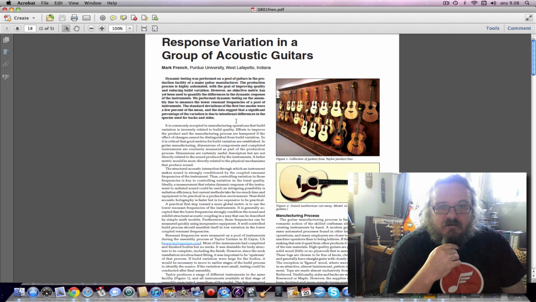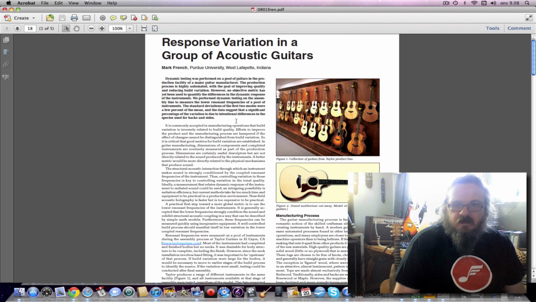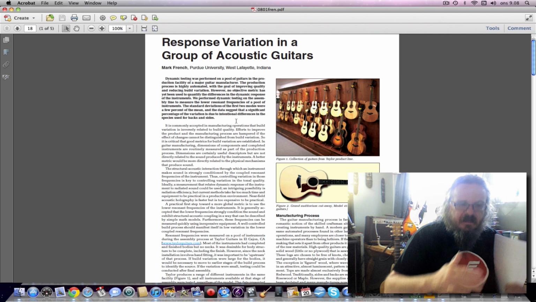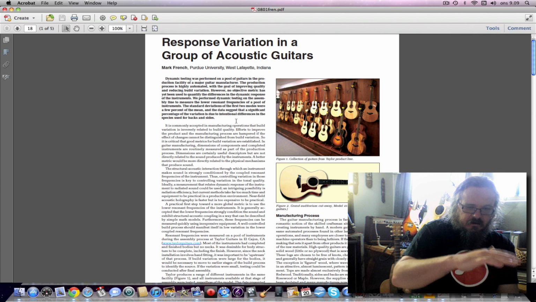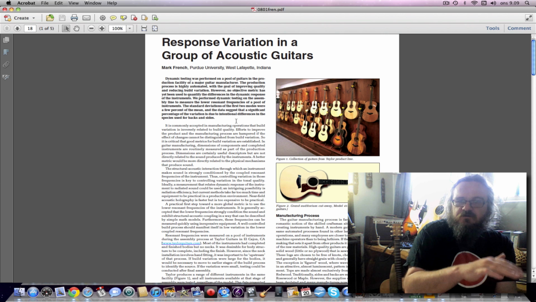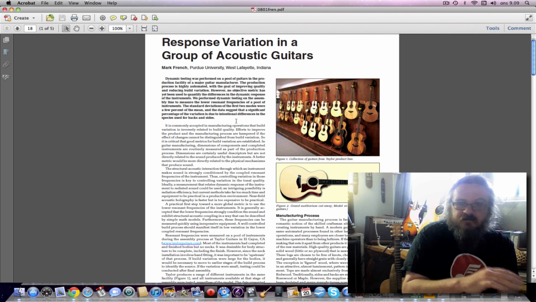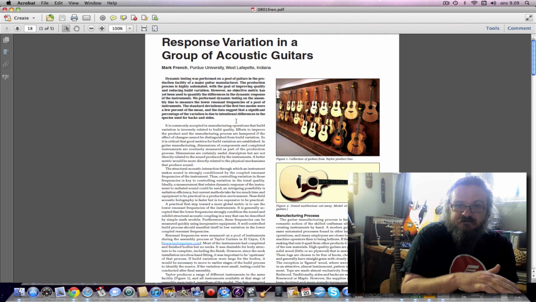So if I can just paraphrase: when you strike your guitar, it sets a vibration going, and at the first resonant frequency the top of the guitar and the bottom of the guitar, held apart by the sides, start vibrating out of phase, and that causes the first resonant frequency, which tends to be where a lot of the low end of the guitar is generated. The second resonance frequency is when they start to vibrate in phase, and in between those two frequencies there's